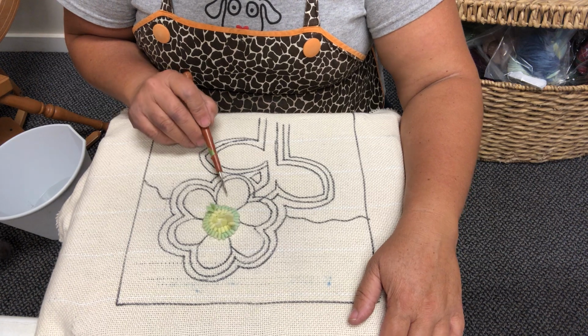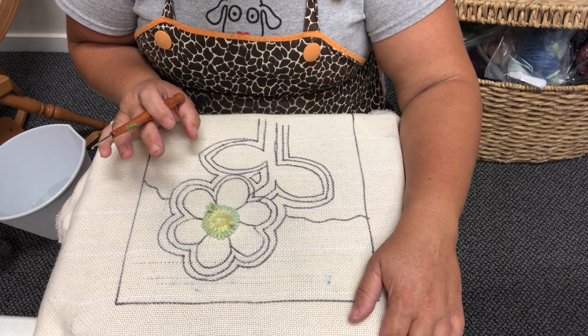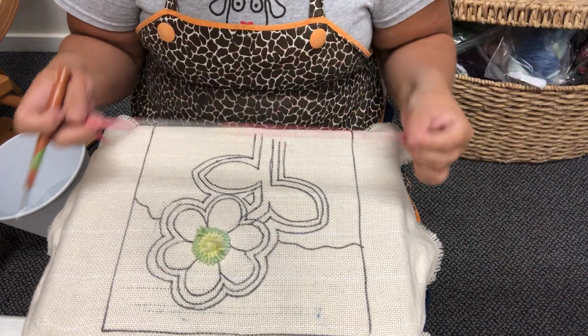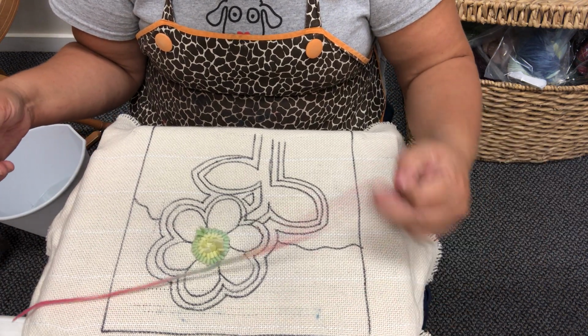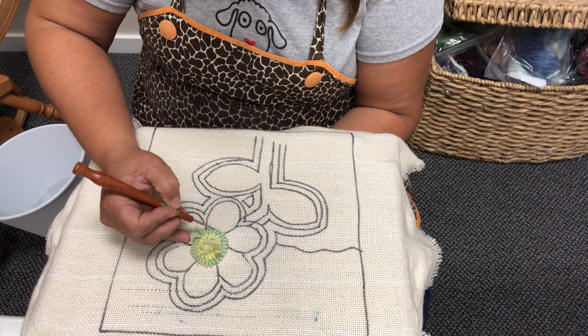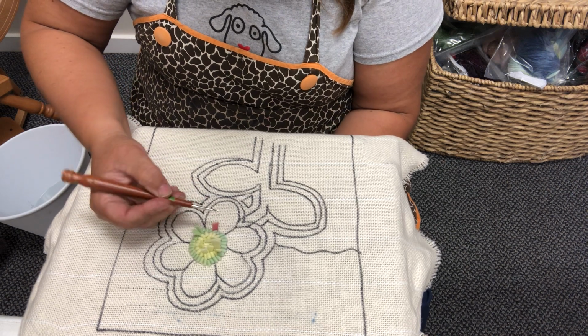What we're going to tackle next is the flower. Now, I realize that I'm giving away a lot of knowledge. This is a lot of knowledge. We're going to tackle the flower differently. Now, I chose to use this really wild, bodacious hand dyed that I had, just because I've already done the more antique version. I'm actually going to find the center of my flower, as weird as this sounds,